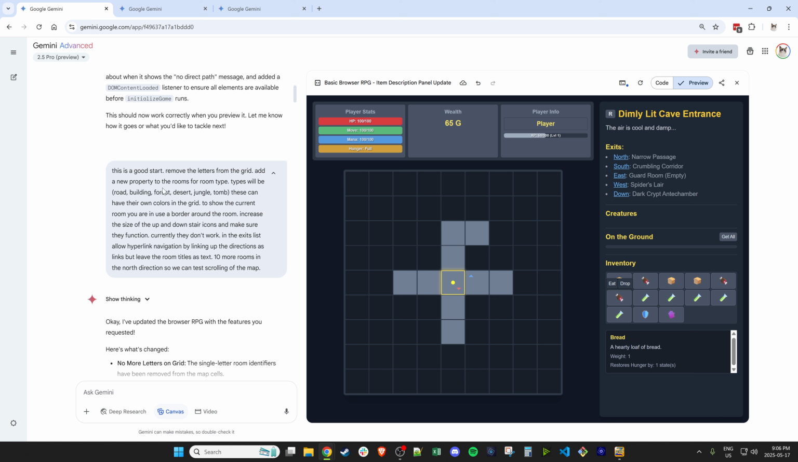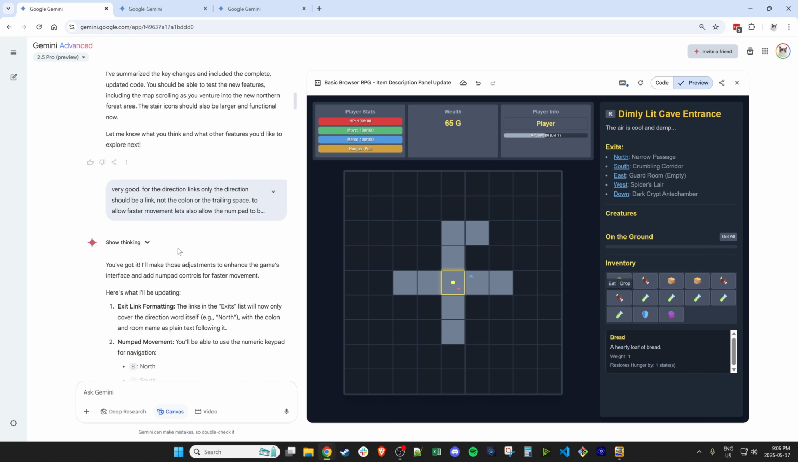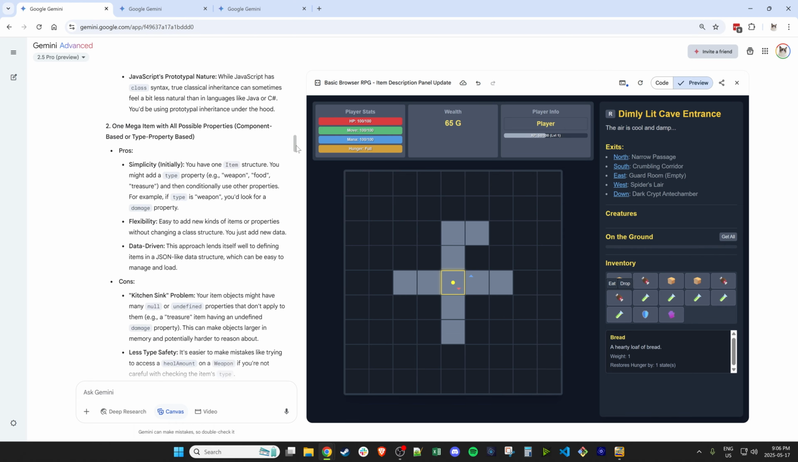I asked it to do some more changes here. I just realized the color of, oh no, the color of the rooms is still good. And then it goes through and it makes more changes. Now I went back and forth with it for several hours,